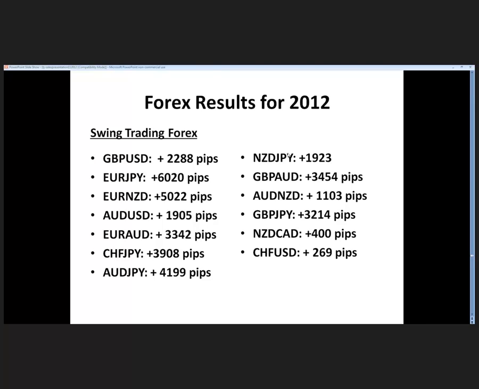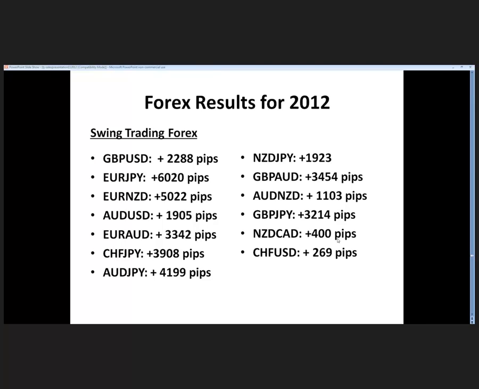We're here to tell you that some of the best profitable opportunities come in some pairs you may not even typically consider. I don't know how many of you consider the Euro-New Zealand, but you may now, with over 5,000 pips so far in 2012. The pound Aussie, over 3,000 pips. The pound yen, which has been a favorite of people over the years, over 3,000 pips. Not every market's going to perform at that level. Here's the New Zealand CAD, 400 pips.